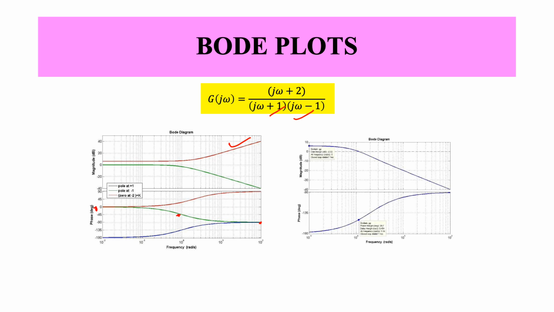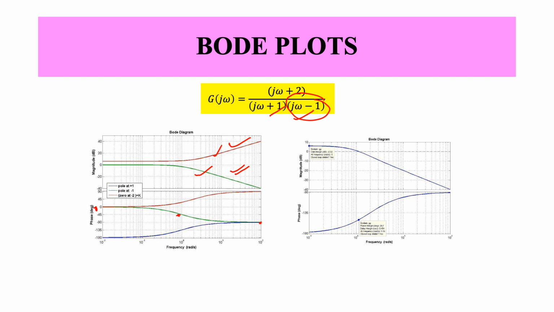A couple of questions which we can try to answer here. Just by looking at the Bode plot, can I say if it corresponds to a stable or unstable pole? Well, just by looking at the magnitude plot, at least I can say that this is a pole, right? And this is a zero, because this guy will go up. Now, how does the magnitude behave for terms like this one?